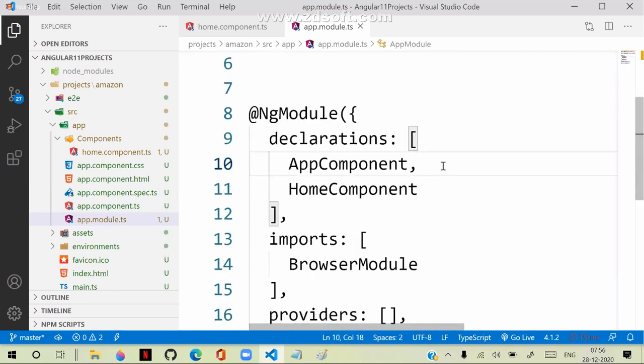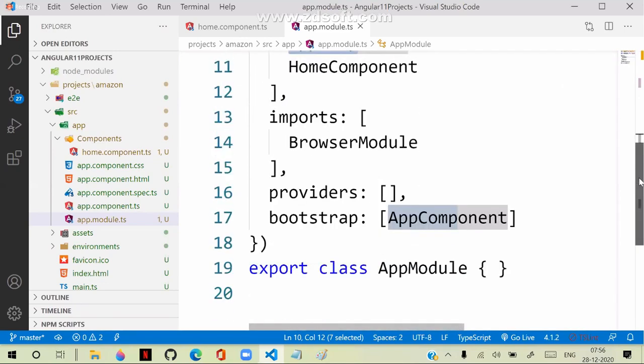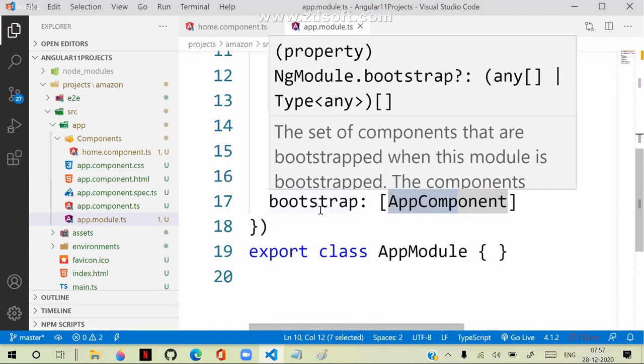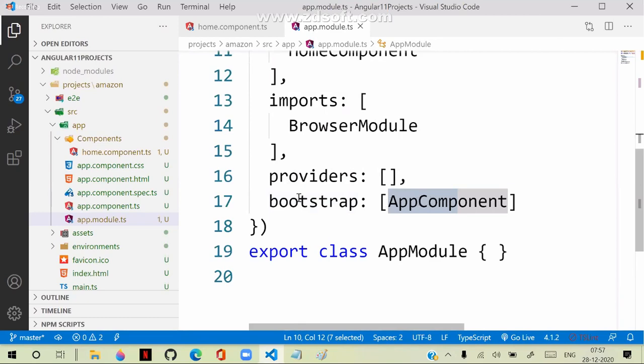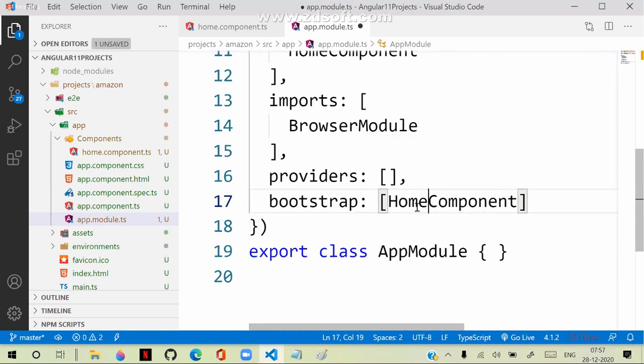Now your component is ready, but the application is not starting with your component, because by default the application is starting with app component. We will make the application start with our component. Application can start with multiple components also. Initially, we will see only one, because we don't have multiple components. Later we will see that. So initially, bootstrap, that means from which component you want to start with. So bootstrap, it should bootstrap our home component. We are giving home component. So these are very important.